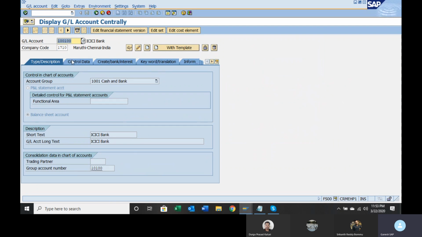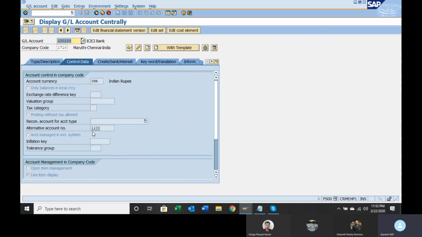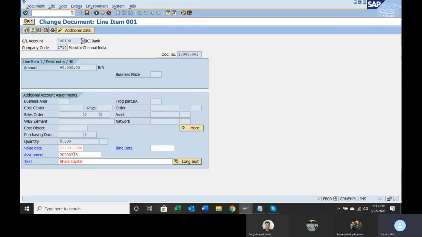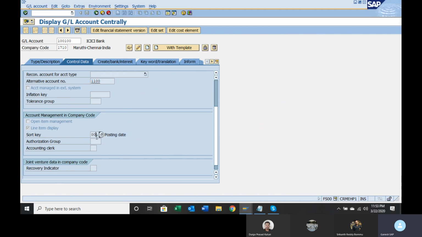Go to display, see what short key you have assigned here. 001 posting date, 23/03/2020. So posting date is updated as an assignment field based on the short key you maintain.